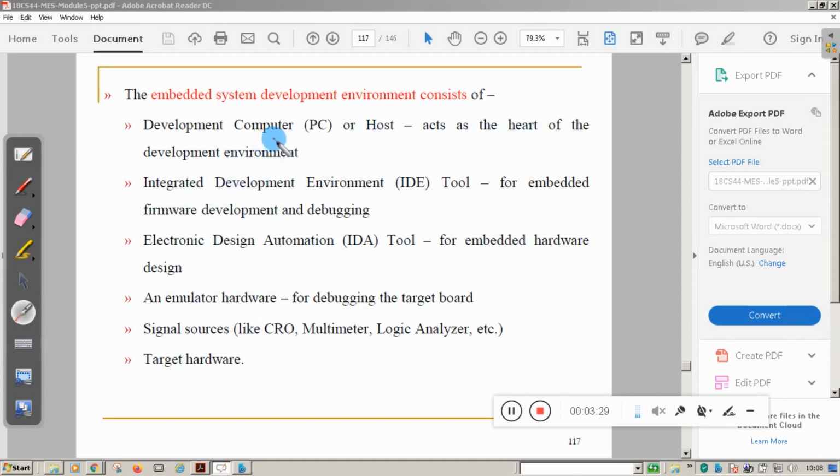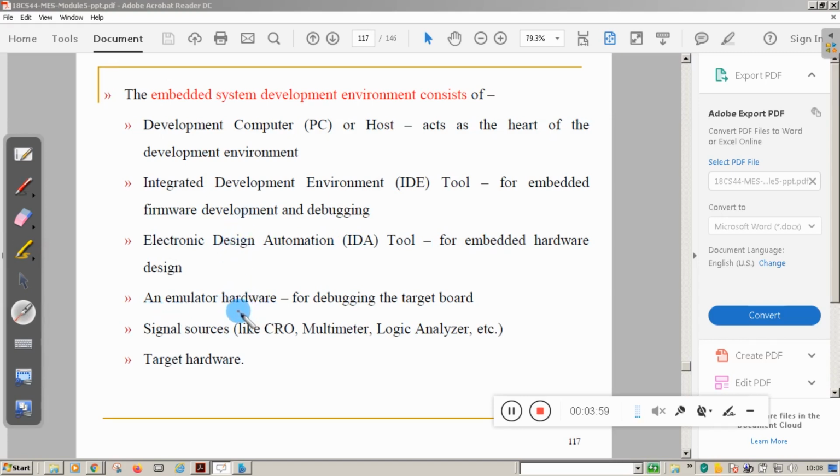In the PC you also need to load an integrated development environment tool for embedded firmware development, like Keil, which we use in the lab. Then electronic design automation, EDA tools for embedded hardware design, which you can install in your system.